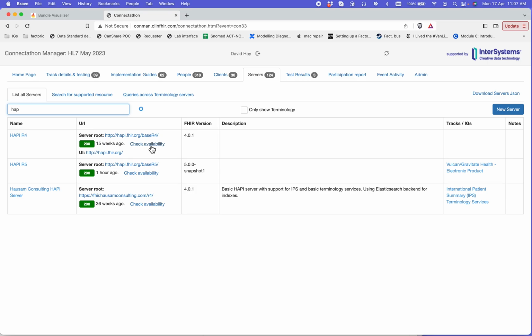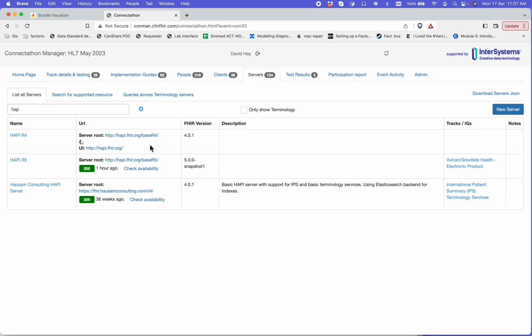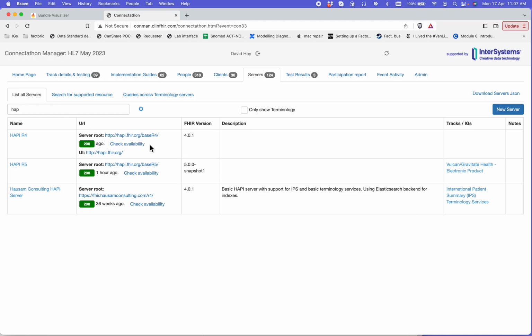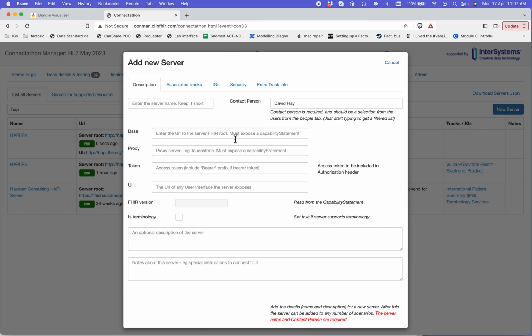availability tab, and what this will do is retrieve the conformance resource, sorry, the capability statement resource from the server using the metadata query and indicate whether that server is responding. So if you're not sure if a server is actually available, click on that tab and it will do a test for you. To add a new server, click on the new server button like so, and you can